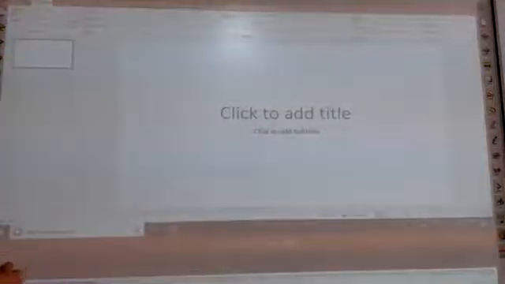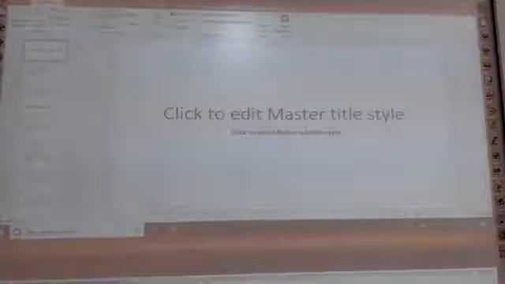See now. In the Master Views group, click on the Slide Master button. The Slide Master tab appears on the ribbon and the presentation switches to Slide Master View. In the slide pane, the current Slide Master and layout is selected.